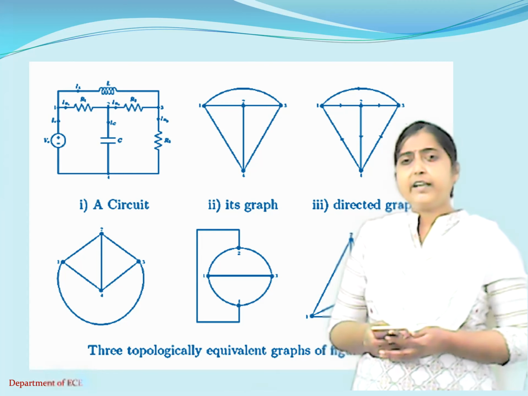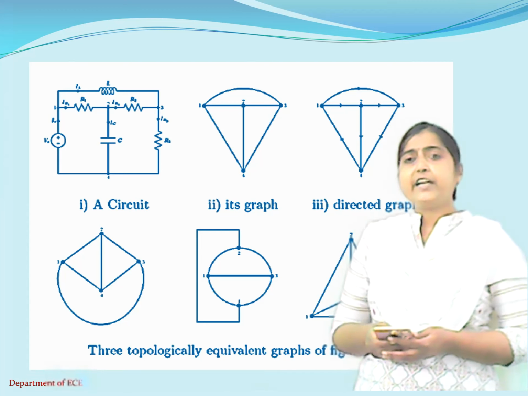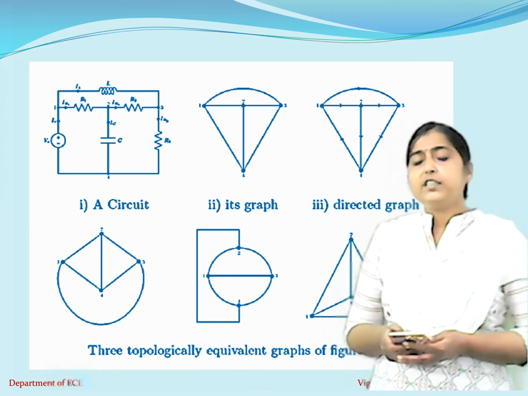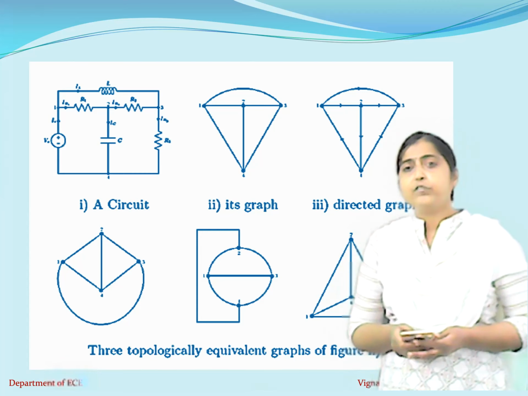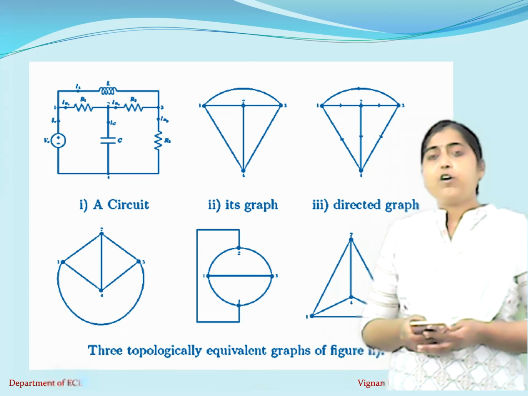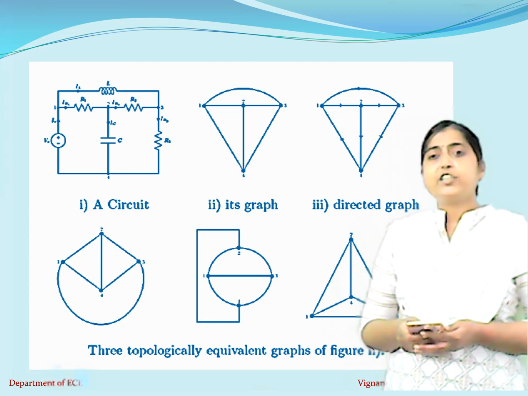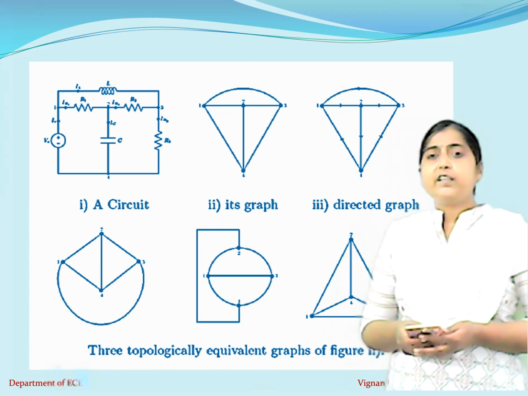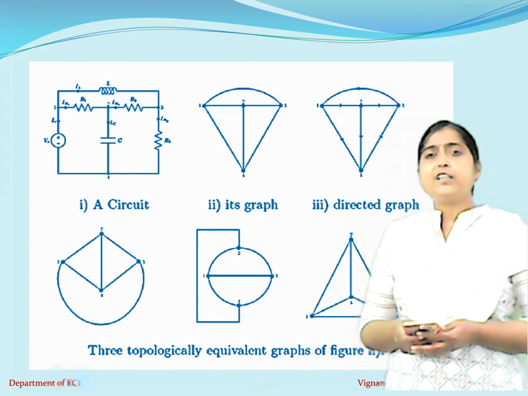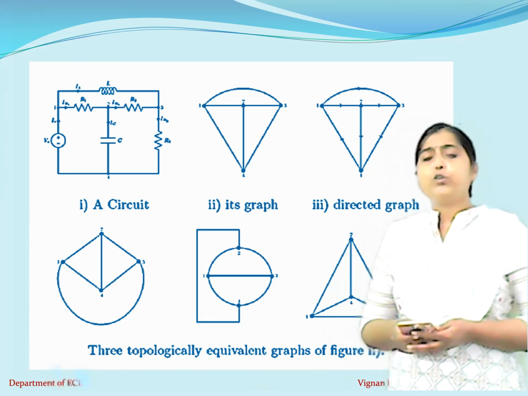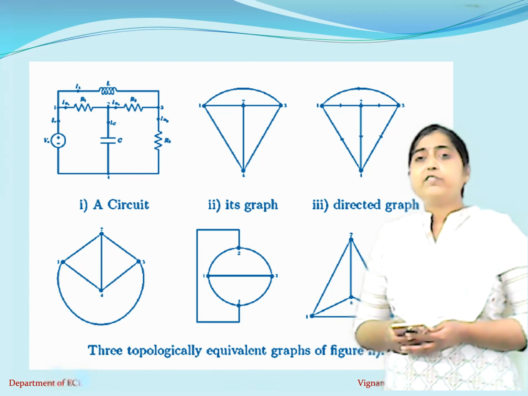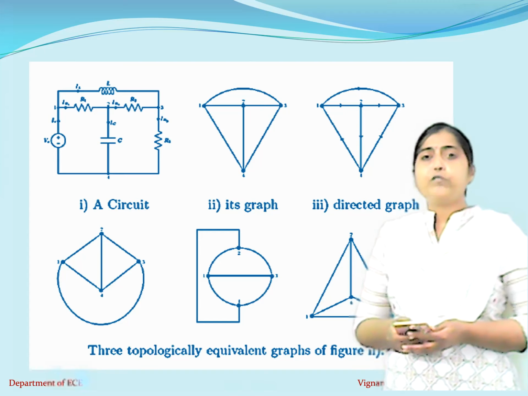So if you look at the graph, I have not indicated any direction of the branch currents on this. That's why it is known as a graph. Now let us see what is oriented graph or a directed graph. So oriented graph is nothing but, as I already explained to you in the previous slide, it has to be marked with branch currents and directions. If you see that we have marked the directions of the branch currents in the directed graph or oriented graph. So this will be an exact replica of the graph, but the difference between both of them you can see here is, here we have the directions of the branch currents which you don't find in the graph.